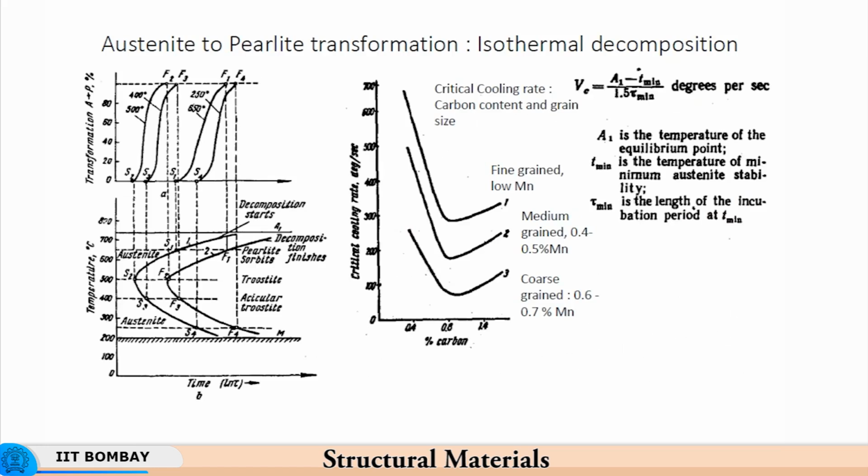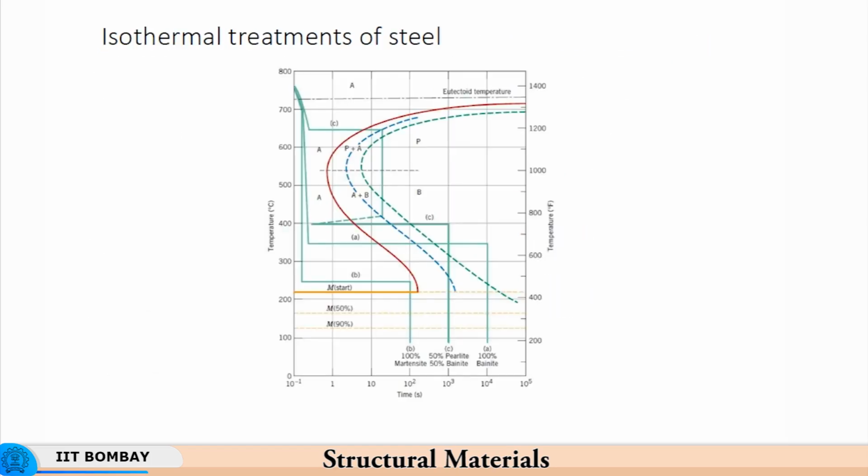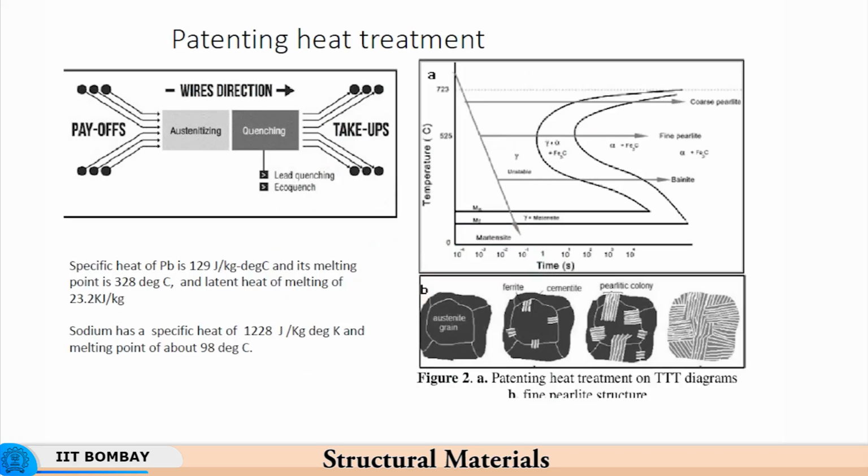So we have seen how this austenite gets progressively transformed to different kinds of pearlite, different fineness of pearlite, and then how fine bainite, so another phase called bainite is formed depending upon at what temperature you desire the transformation. Another heat treatment we have seen is about the patenting of wires, particularly for hoists and ropes for heavy duty lifting purpose. So where pearlite is the structure that